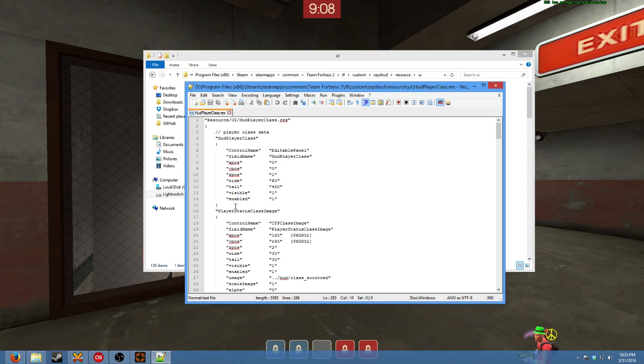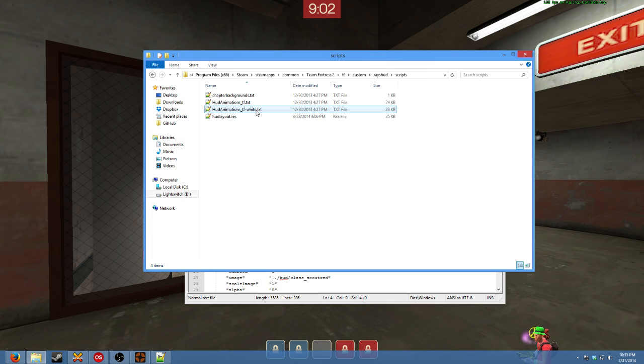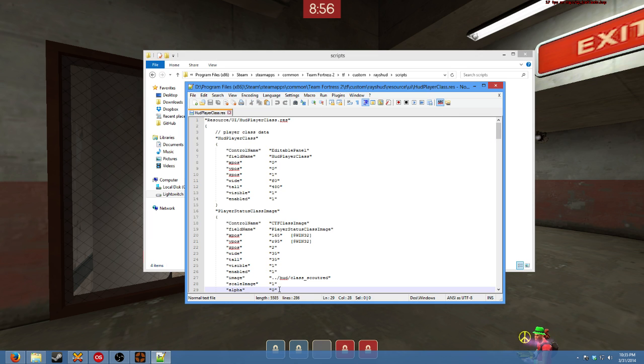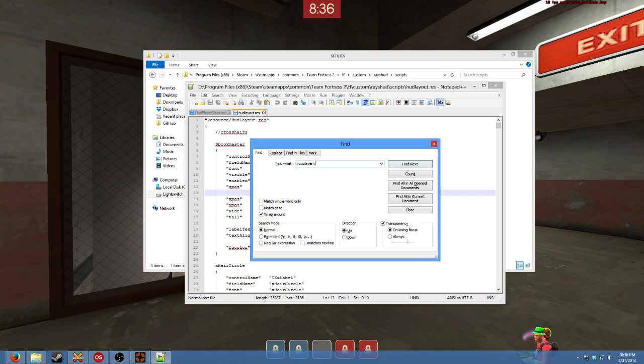This is one of those things that you can adjust in HUDlayout.res, and I mentioned it in another video, but just in case you need a refresher since it has been a while, there are two indicators that it is a unique file, in that it's not included in HUDlayout.res. The first is that the first section of code matches the name of the file. That comes up also in HUDPlayerHealth.res, I believe. Second, if I open up HUDlayout.res and search for HUD player health, we don't find anything. Oh, sorry, HUD player class, and it's still the same thing. We still don't find anything. That's a good indicator that we edit the panel